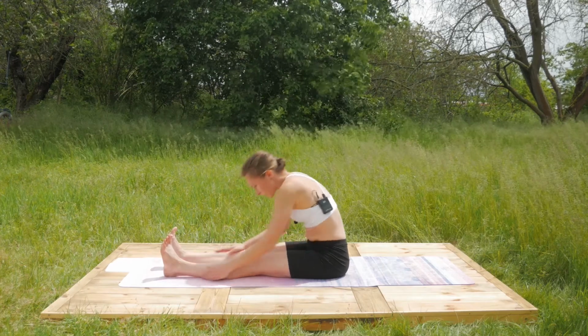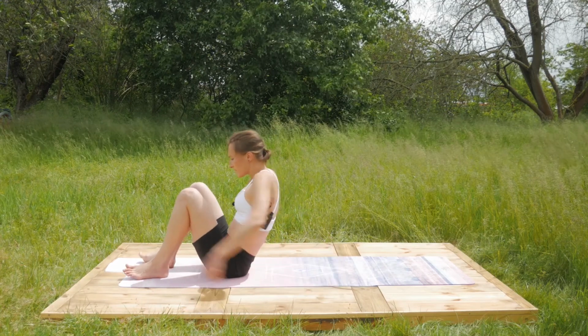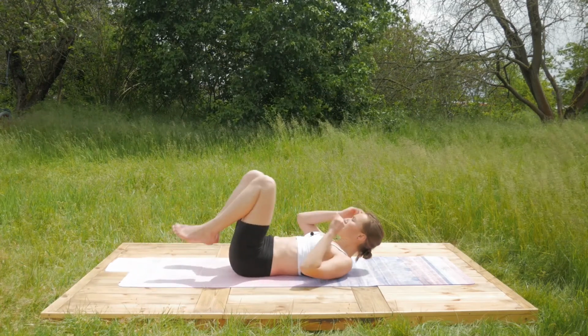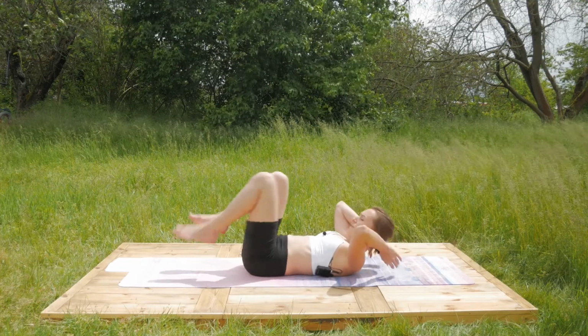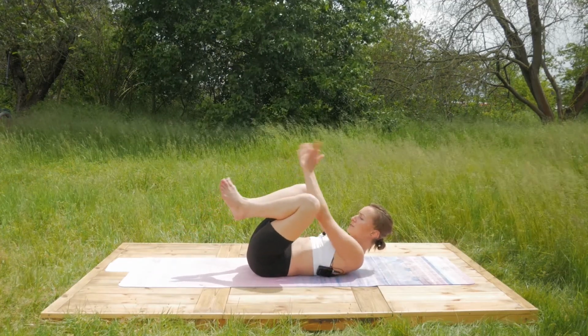And then slowly come back up. Lift your hips up, bend your knees, send the hips forward and lay on your back. Now lift your knees up, your feet up, and bring your palms between the knees and grab the outer edges